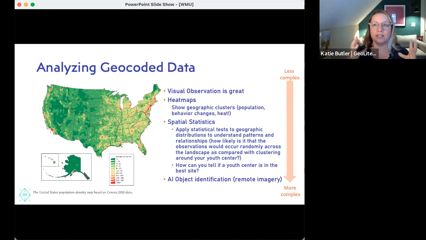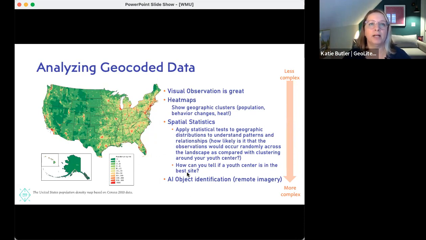But this is a great example of correlation as well. If there's a population center, you would expect clustering around a population center. You wouldn't expect it to be random. So a spatial statistic about anything that's associated with higher population should have a high correlation to population centers. But you can use these spatial statistics to look at how much more likely it is that data would be clustered versus random for anything that you're viewing.